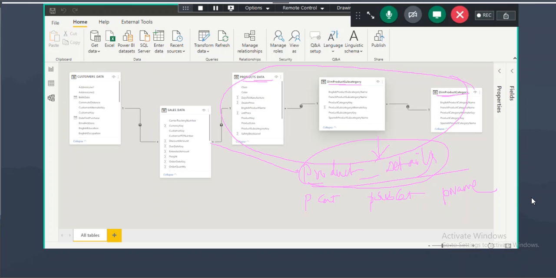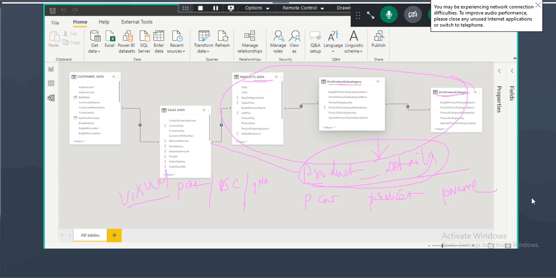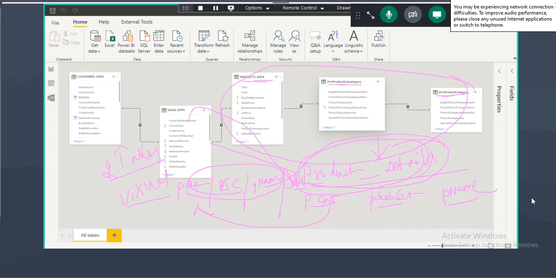Whenever we need to create a visual on star schema, say the client is asking to create one visual here, and in that visual the client is asking to show product category, product subcategory, product name in one table, and along with this they are asking to show sales also. So when it is a star schema, I can drag these three columns from one table, and I can drag the sales column from this table. So in star schema, you can create the visual with just two tables.